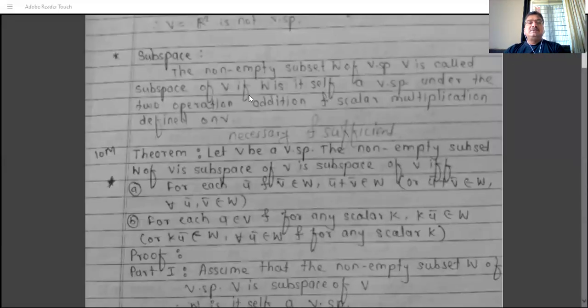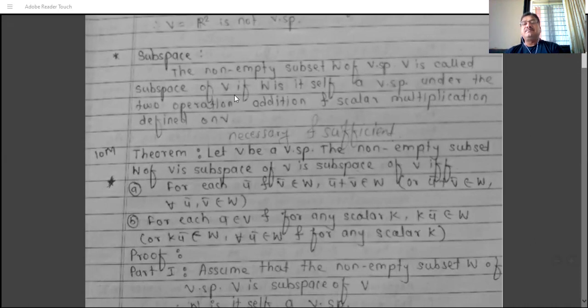Next topic is subspace. The non-empty subset W of a vector space V is called a subspace of V if W is itself a vector space under the two operations, addition and scalar multiplication, defined on V. So when W is a subspace, suppose W is a non-empty subset of the vector space V, and W itself is a vector space, that is